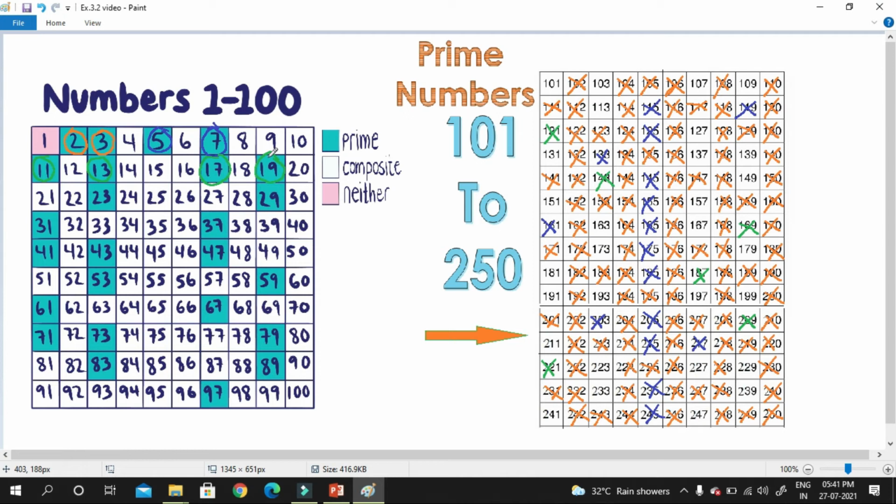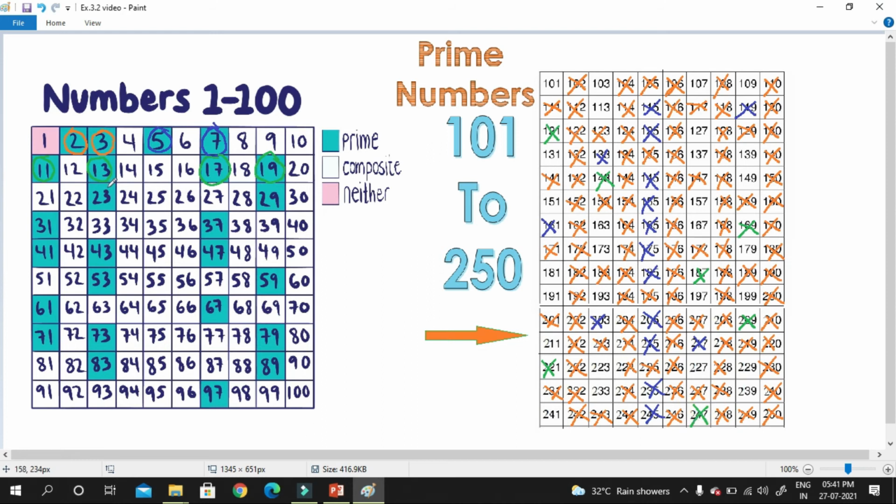Now 19's multiples are 114 already done, 133 done, 152 done, 171 done, 190 done, 209 done, 228 done, 247. Yes, it is not done, so we will cut this one.